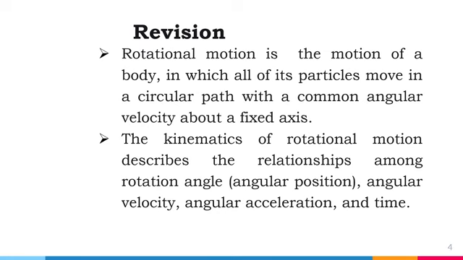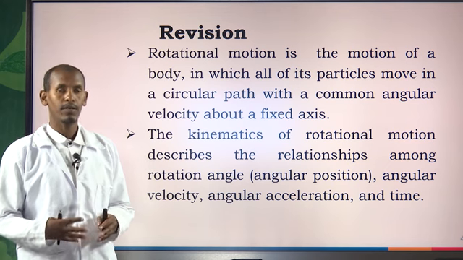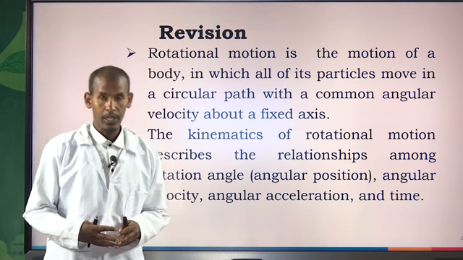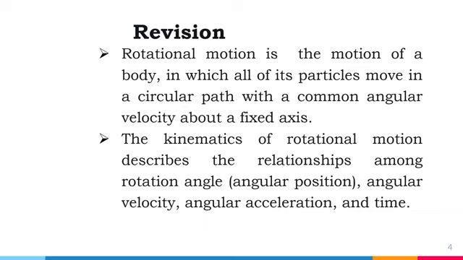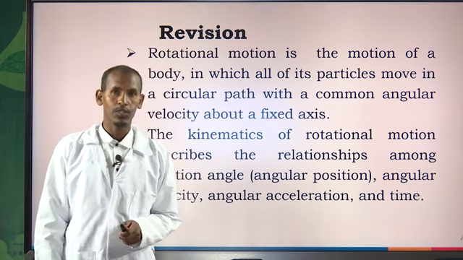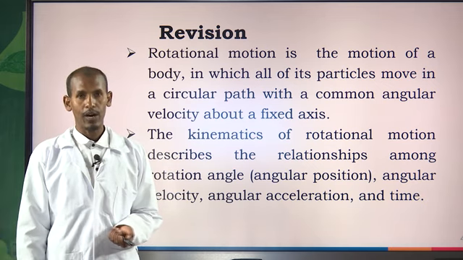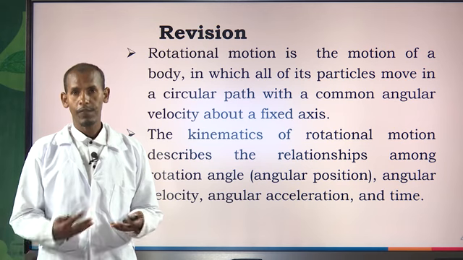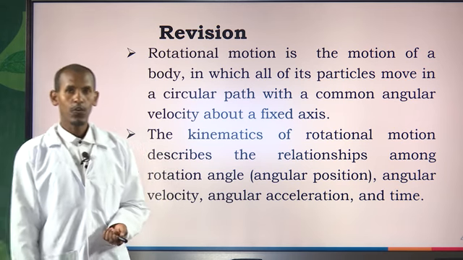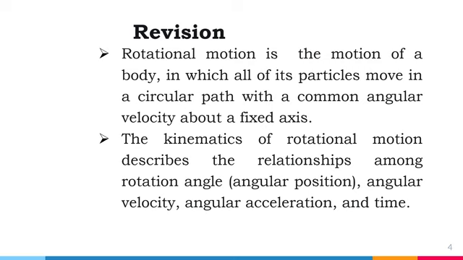Before we start to discuss Kepler's laws and Newton's law of universal gravitation, let's revise some points about rotational motion, because these two laws are concerned with rotational motion. Rotational motion is the motion of an object or a body in which all particles move in a circular path with a common angular velocity and about a fixed axis. The kinematics of rotational motion describes the relationship among rotational angle or angular position, angular velocity, angular acceleration, and